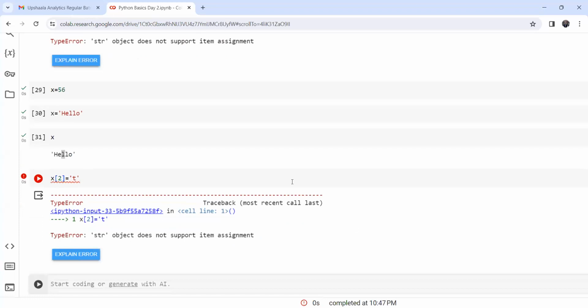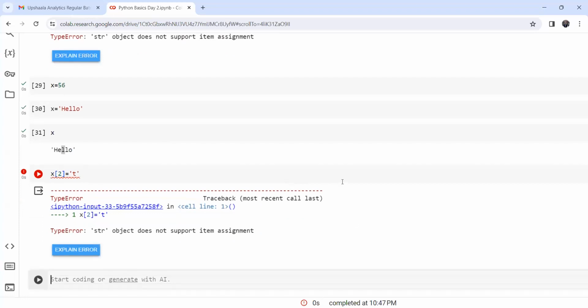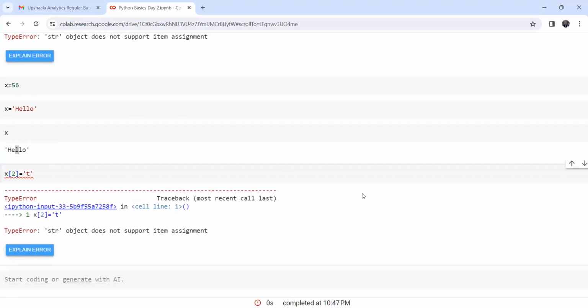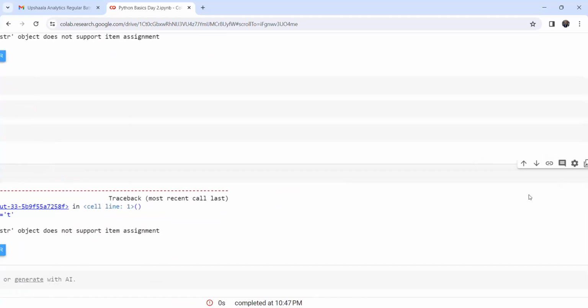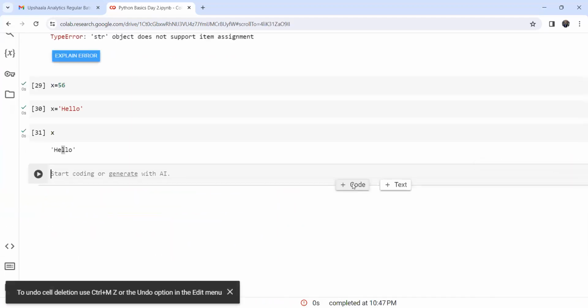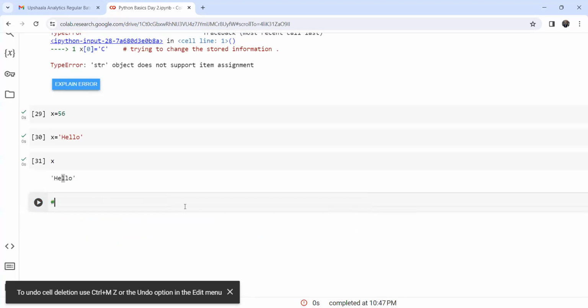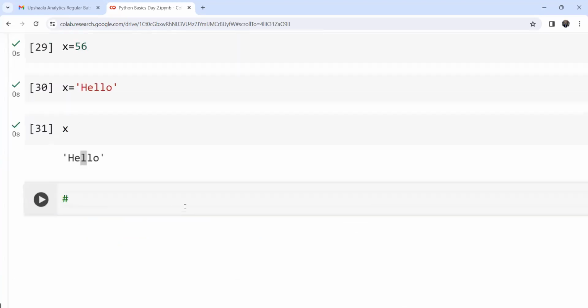Fine. Now let me go ahead and discuss the next thing quickly. Right? So apart from this string, we have another collection of information which is very interesting and you will be able to understand it. It is known as tuple. Fine. So now what is tuple? Tuple is nothing, it's a collection of different data